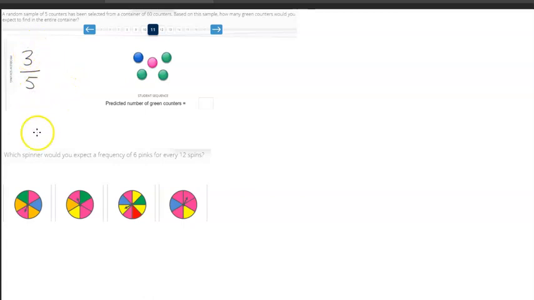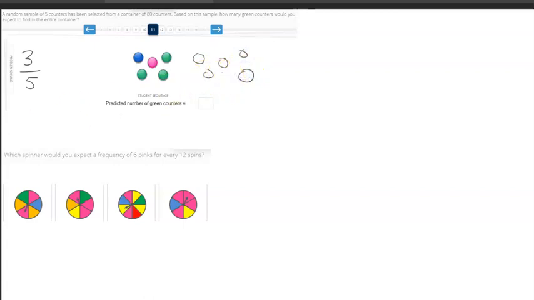So there's a 3 in 5 chance. Now, this sample was taken from a container of 60 counters. So I am expecting, technically, 3 lots of every 5 to be green. Sorry, not to have 60 counters, to be green. So if there were 10 counters, and we were to create the amount of counters again,